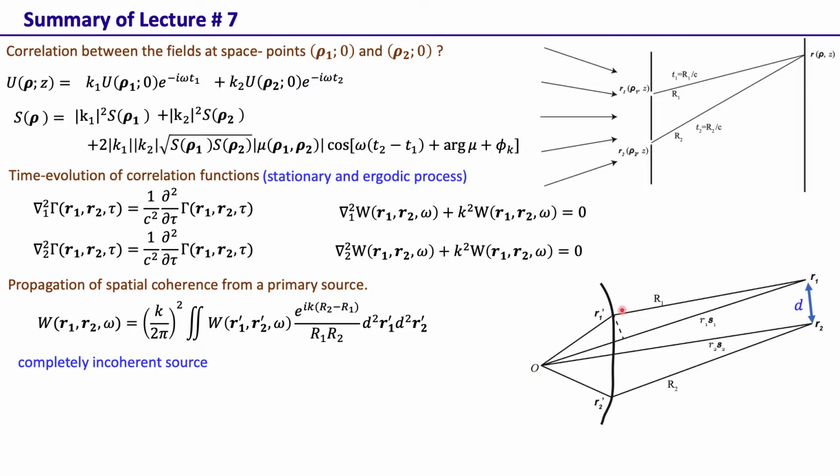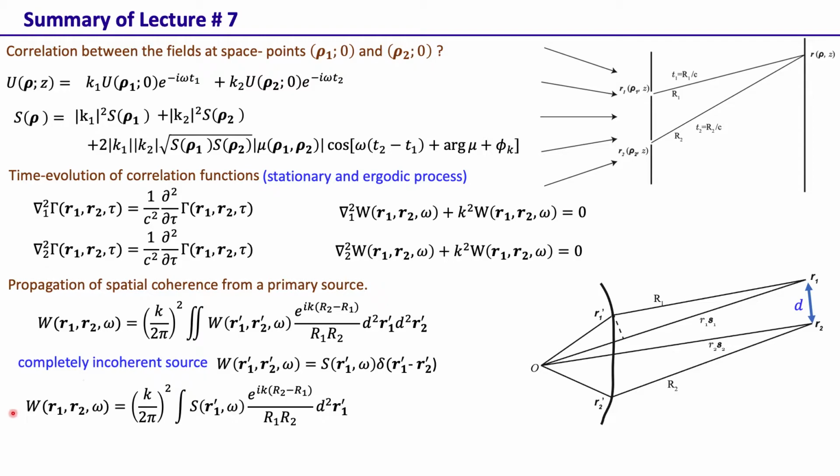Now for a completely incoherent primary source, W(r1', r2') assumes this form, that is the spectral density, and this is a Dirac delta function. This basically says there is no correlation between the two separate points. So unless r1' is equal to r2', this quantity is essentially 0. So this is the definition for the completely incoherent source. And if it's a completely incoherent primary source, then the correlation at a pair of points r1, r2 away from the source is given by this, where this is now a single integral instead of 2, and this is called the